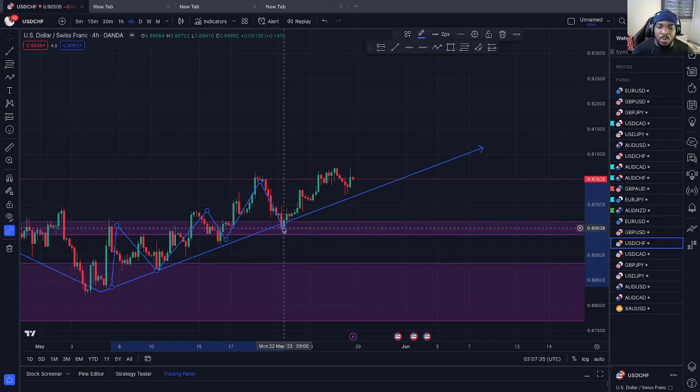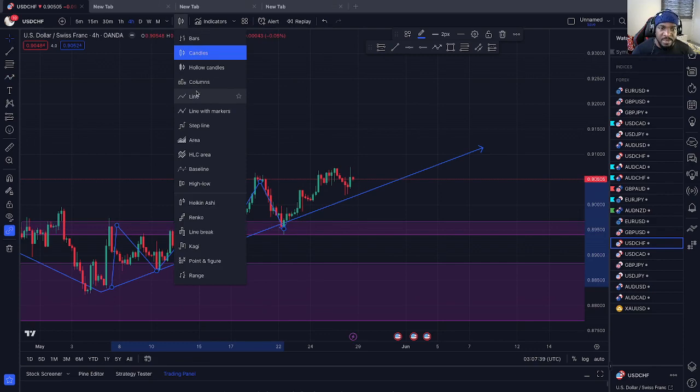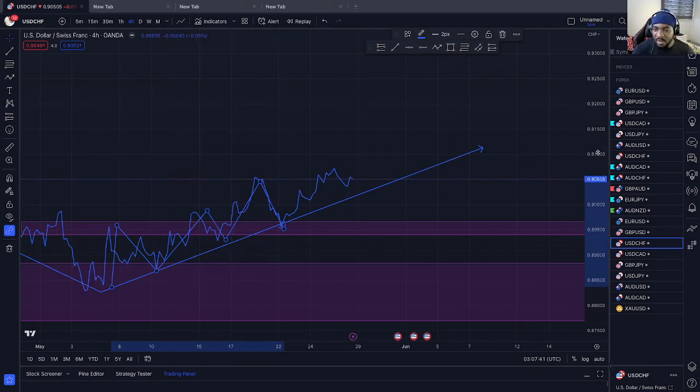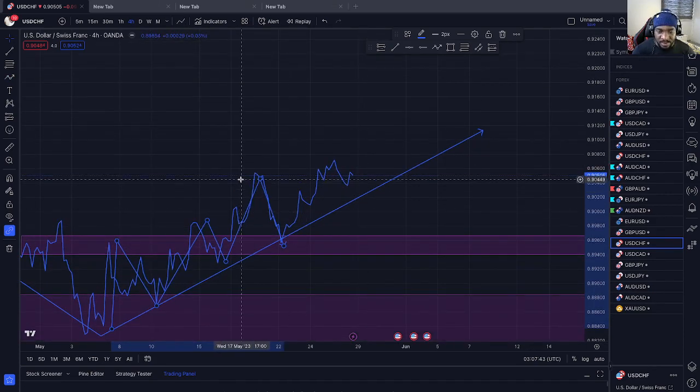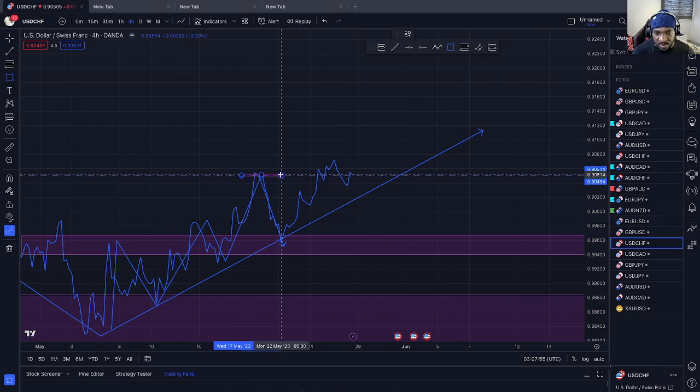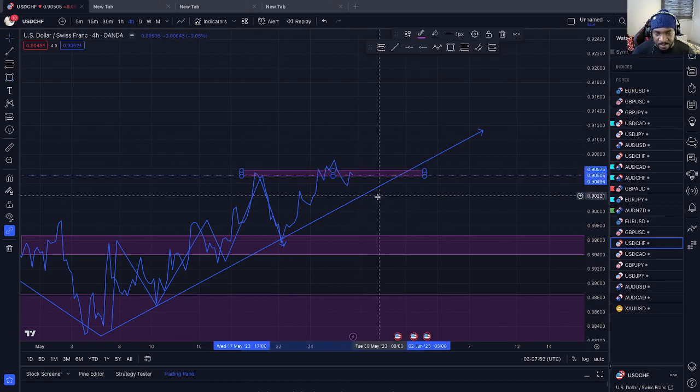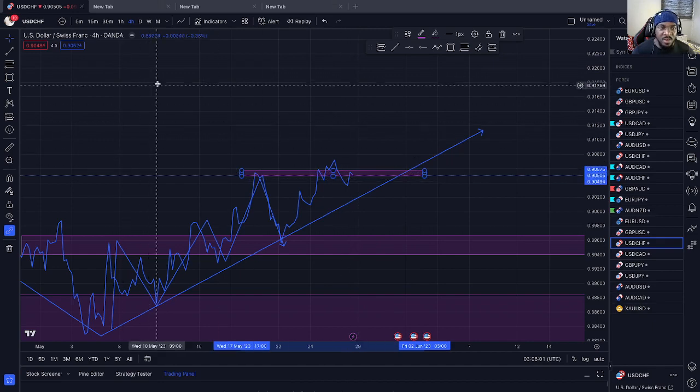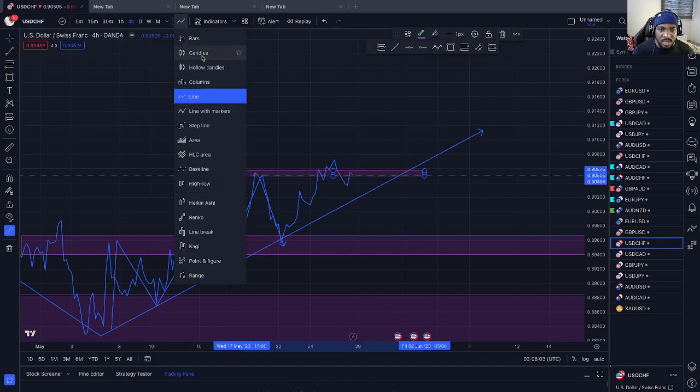And then when we go to our line graph, let's understand what is happening. On our line graph, you can see that we have actually broken this zone, and we're trying to clearly make another higher high on this market. You can see our zone right here on this chart. We clearly broke this zone here. And then we're anticipating a higher high,